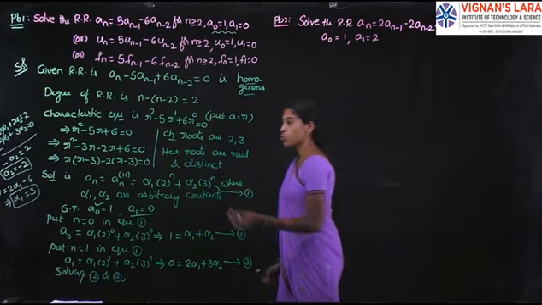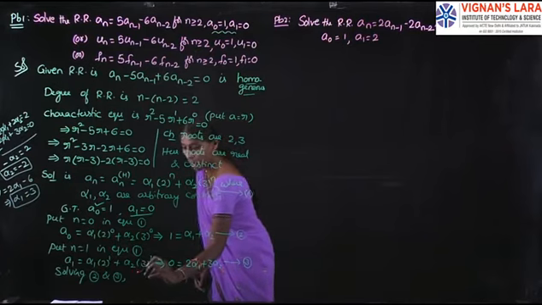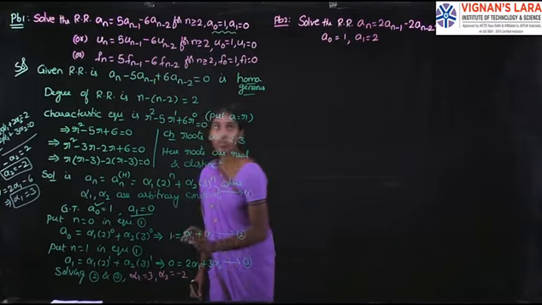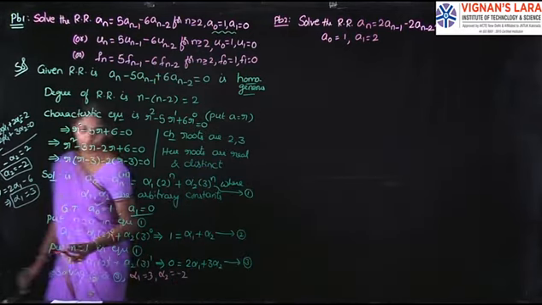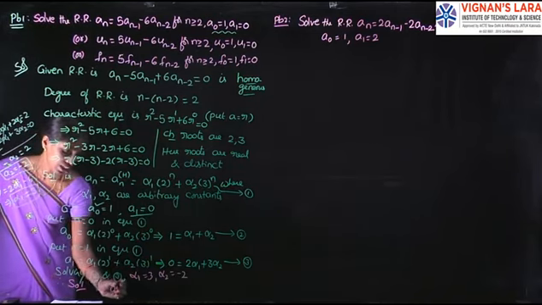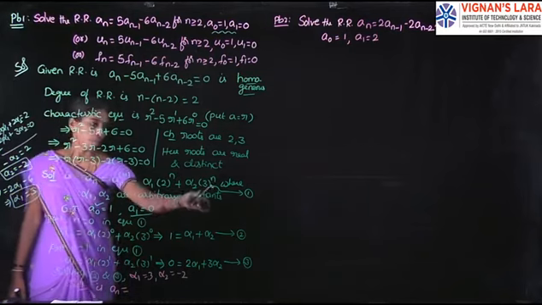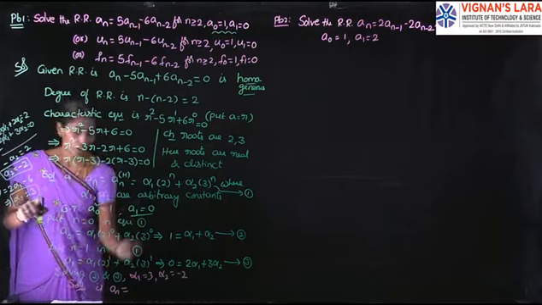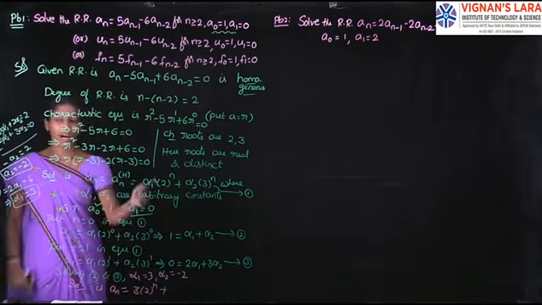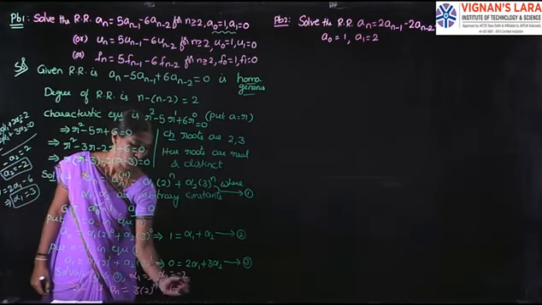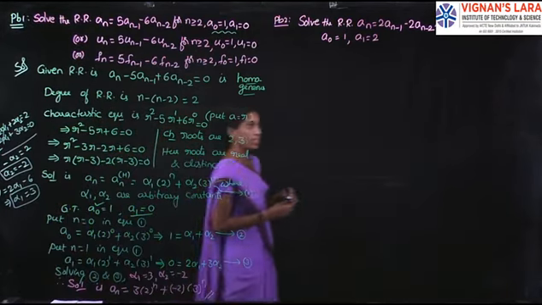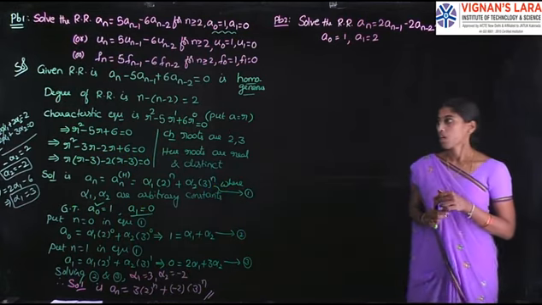Now substitute those two values in equation 1. Alpha 1 is here 3. Alpha 2 is minus 2. Right? So solution is a_n is equal to, from equation 1, put alpha 1 equal to 3: 3 into 2 power n plus alpha 2 value is minus 2 into 3 to the power n. This is the way of solving the homogeneous recurrence relations. Right now, we will see the next problem.